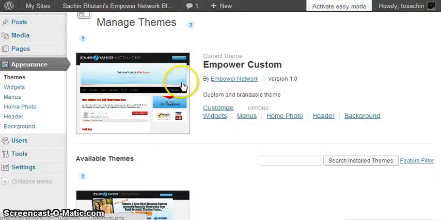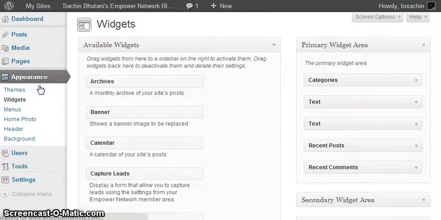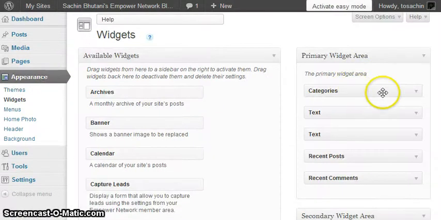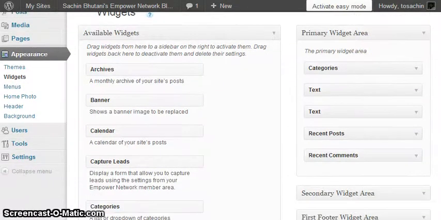You can manage it very simply through the theme section and widgets. Yes, this is the widget section. Here I manage the whole right sidebar through this widget section, like categories. In text I have added the banners.